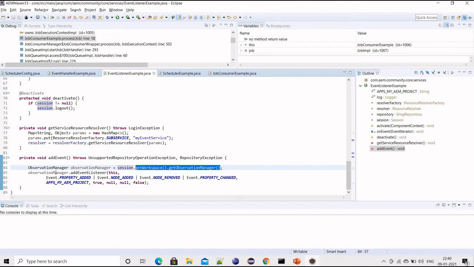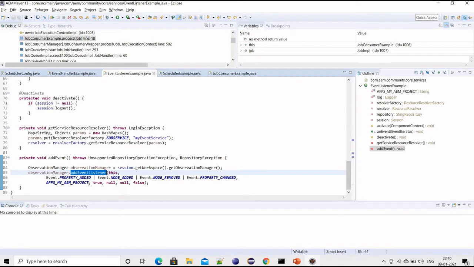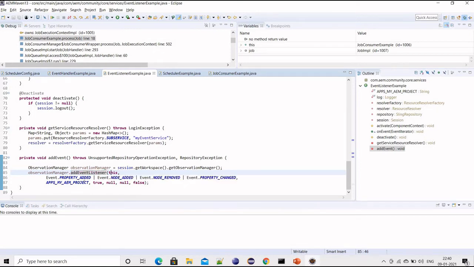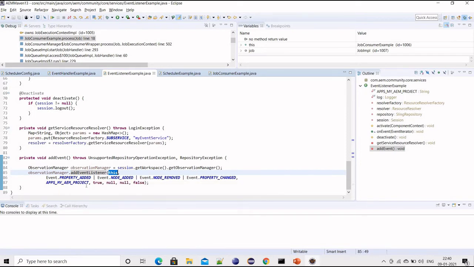With this observation manager I'm adding the event listener. We have a few parameters, basically which event listener we want to add, so I have just passed this one. Then, for which events you want to invoke this event listener. I want to invoke it for any property added, any node added, any node removed, any property changed.